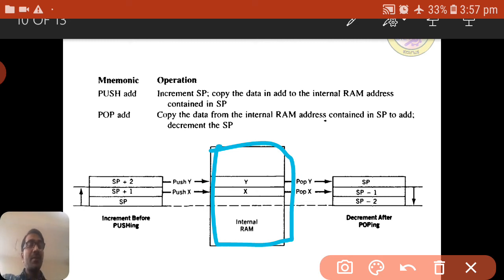If this is a RAM here, and you are using the push instruction, initially it will be at SP.